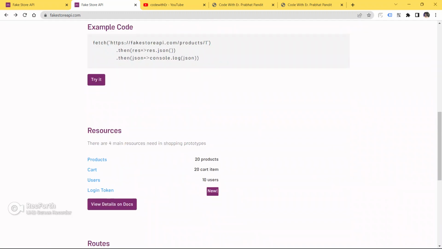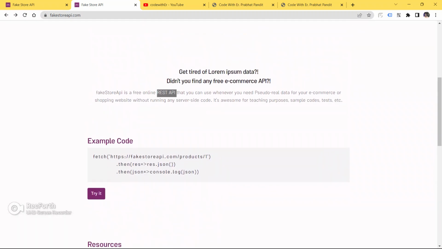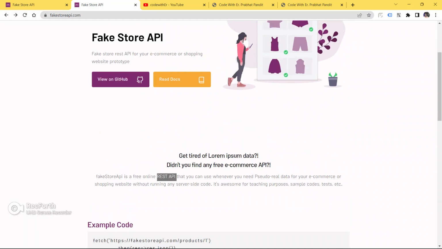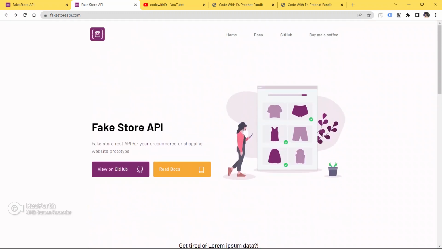Try to use this API, like Fake Store API. It will be really helpful in building your application, and it will give you confidence as a developer, as a programmer.